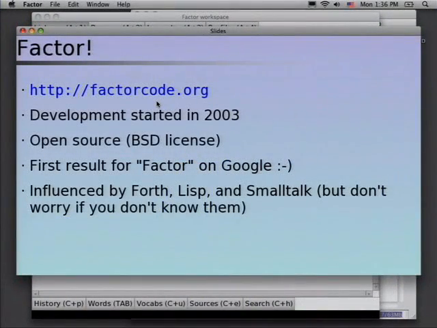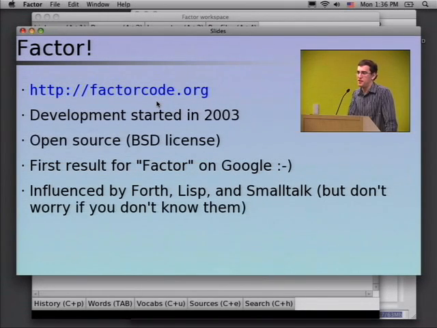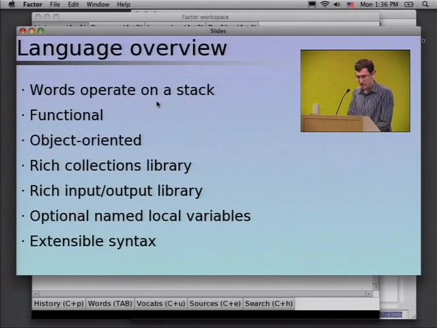For this tech talk, I wanted to do something a little different than the talks I usually give about Factor. Instead of explaining all the language features in excruciating detail, I'm trying more to focus on examples. And of course, if something doesn't make sense, you can ask questions, but mostly this is about getting the big picture out rather than the details of the syntax and so on, just to keep things more interesting. First, I'll give an overview of what the language is all about, and then we'll dive right into looking at